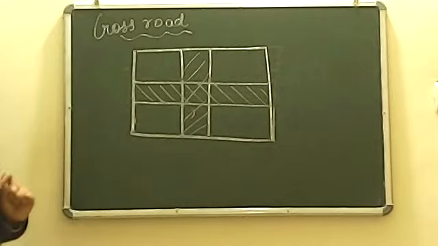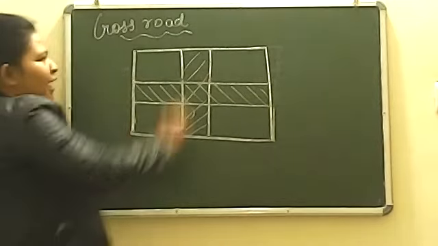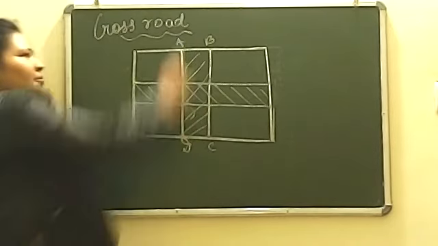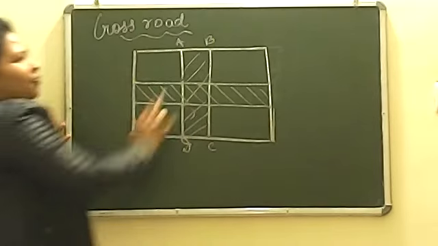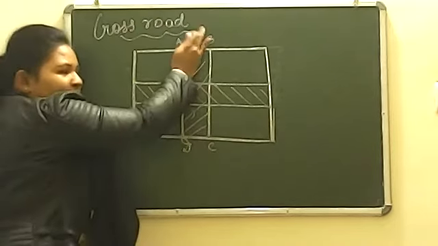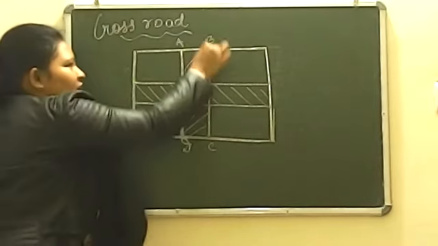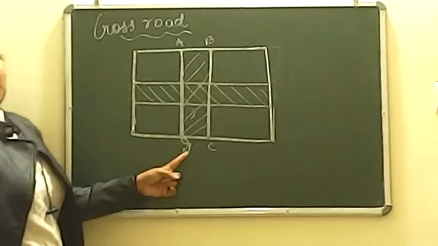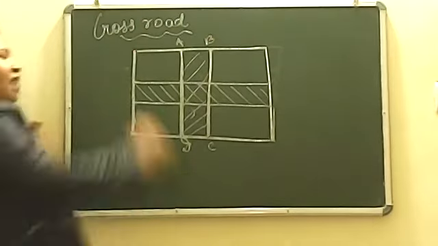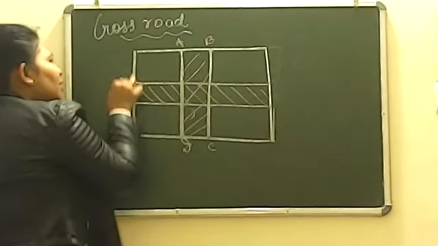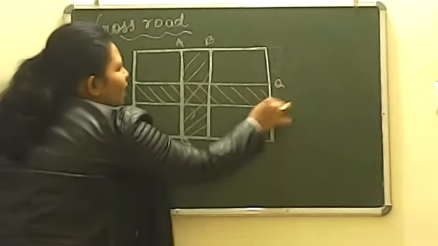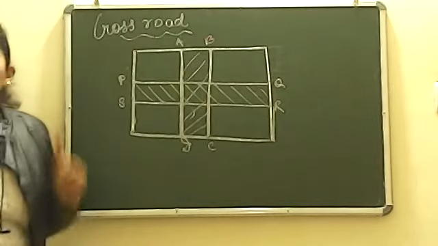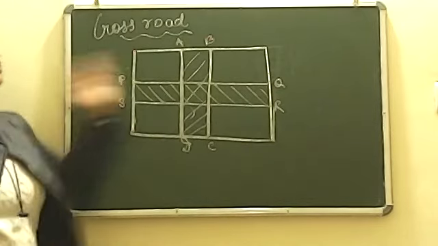So what we will usually do, beta, remember, we will first give the names A, B, C, D. Choose any one, like, give the name first, A, B, C, D, to the first rectangular road. You can find this shape is a rectangle here. This shape is a rectangle here. So first give the name A, B, C, D to the first rectangular road. Now you have another road as well. So you give that one also some name. You can have P, Q, R, S. Now you have taken another road as this one. Your first work should be to give names to all.